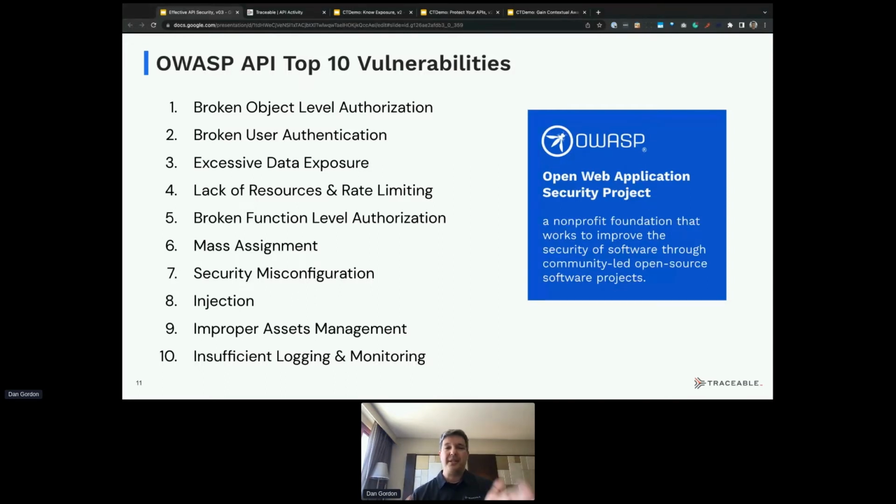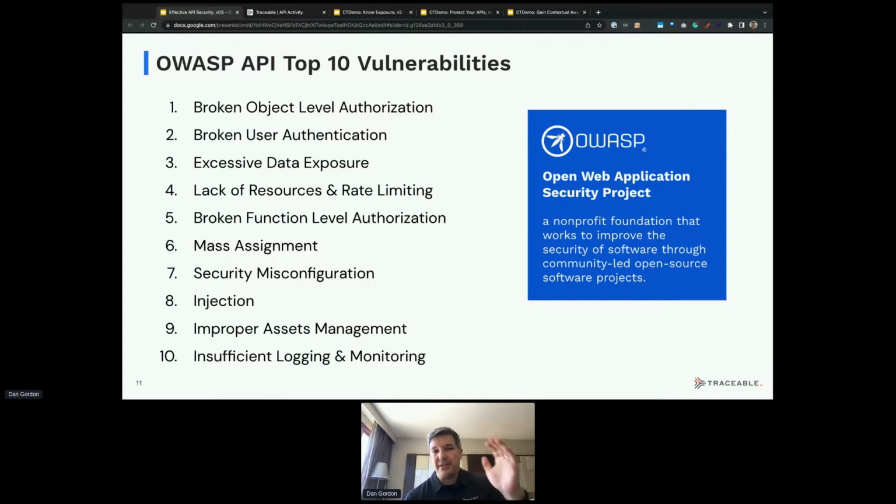If this organization that is deeply invested and focused on making sure our web solutions, our applications out there are secure, created a separate list, they are seeing and understanding that there is a difference between the types of attacks and how we need to protect against them.